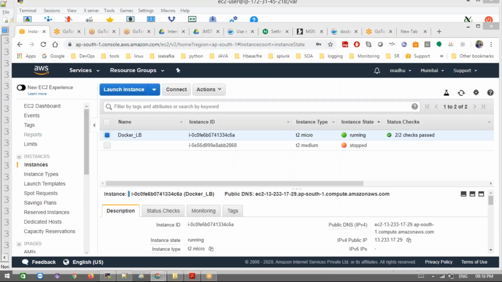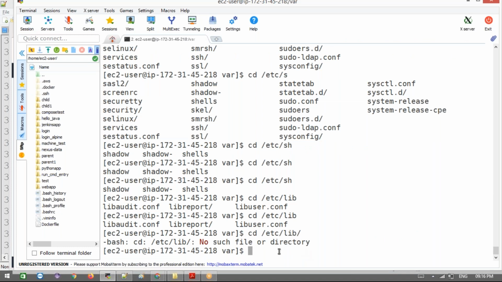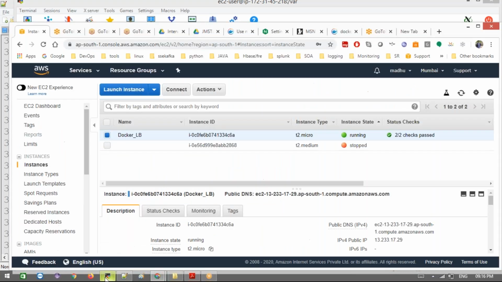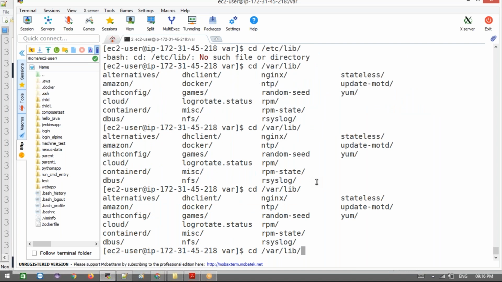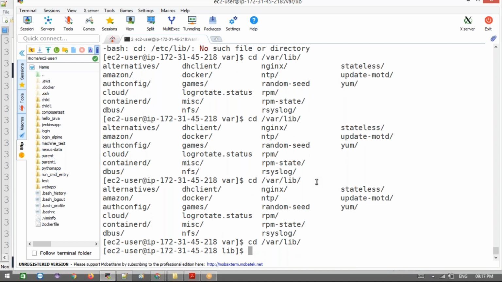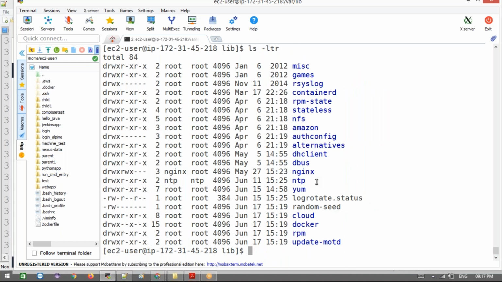Okay, anyway, I'll show you that later on. I'm just trying to show you something, but it's not finding the exact path. We'll get back to this. What I'm trying to show you is where our libraries are stored. Basically it is in the etc or bin folder, something like lib or bin. That path. Basically, all things will come here.